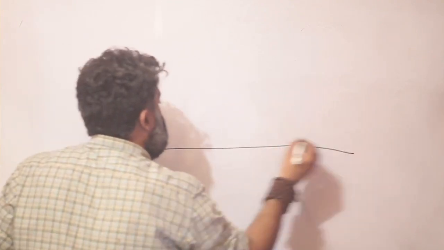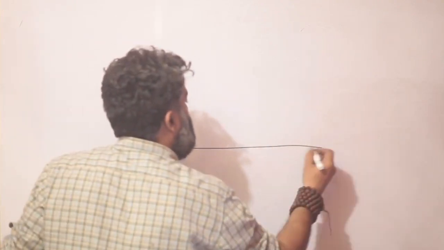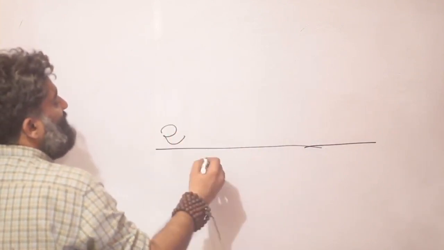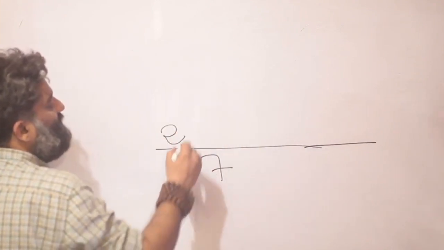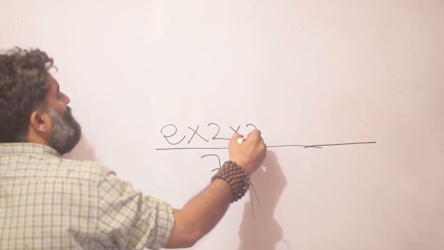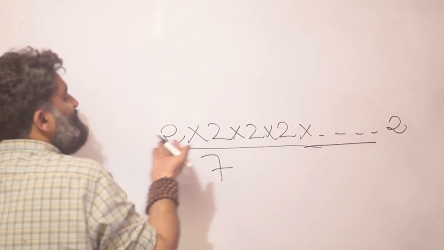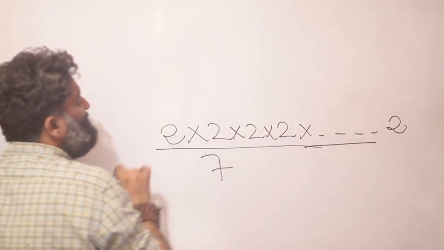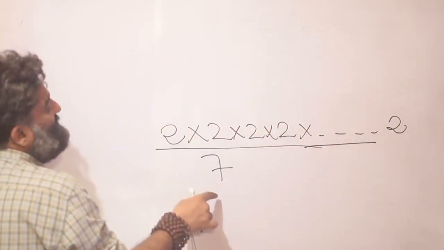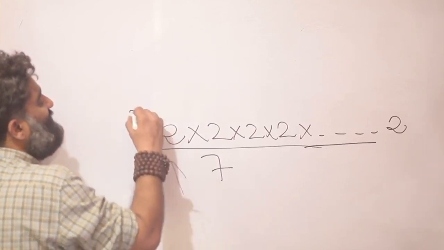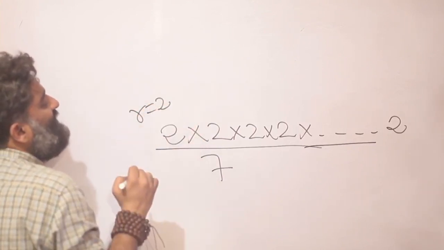Because we just want to repeat the game a couple of times. So you have 2 raised to 67, and obviously I can't think of what the number would be, but I do know that it means a lot of 2's. How many 2's? 67 2's. Now let me go step by step because that's what we have learned so far. This 2 divided by 7 is going to get me a remainder of 2.